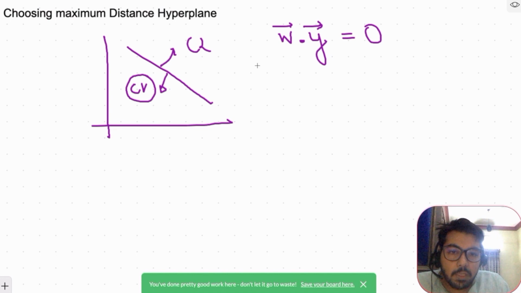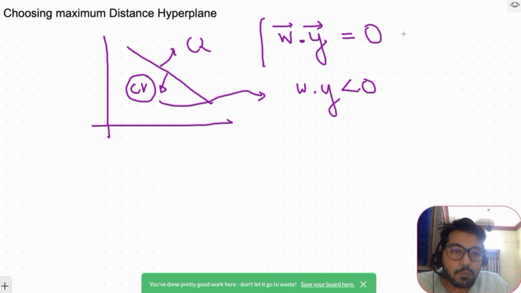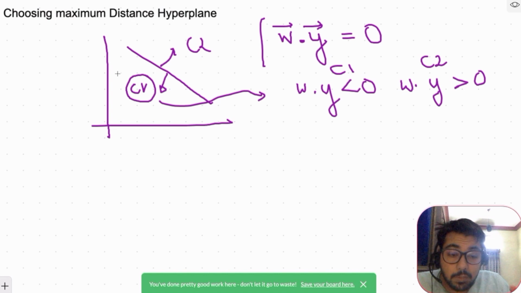If I put a data point of class 1 in this equation of the hyperplane, it will result in w dot y less than 0. If I put in class 2, it will result in w dot y greater than 0. If I label class 1 in my dataset as -1 and class 2 as +1,